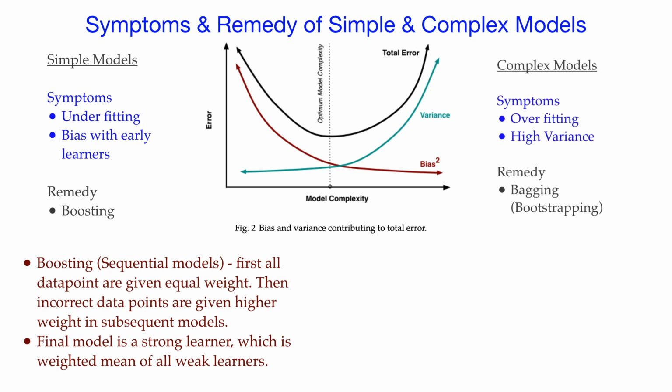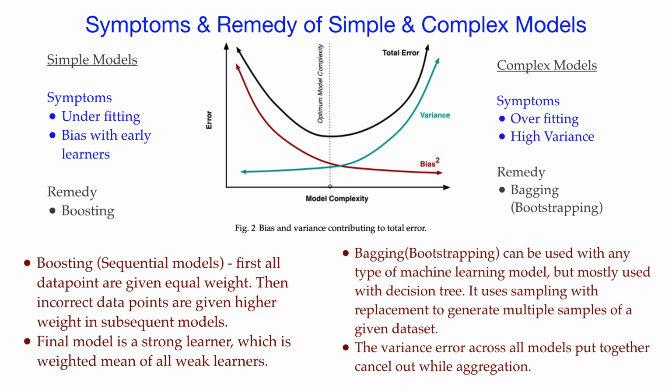Now moving on to a complex model. In a complex model in a learning phase it will have overfitting. That means in unseen data testing it will produce a high variance. And the reason there is overfitting in a complex model in a learning phase is because the learning is very specific to the sample data. On the other hand, when we actually test it on unseen data or production data, it will have a high variance. And these kinds of problems can be handled with the help of bagging, bootstrapping.